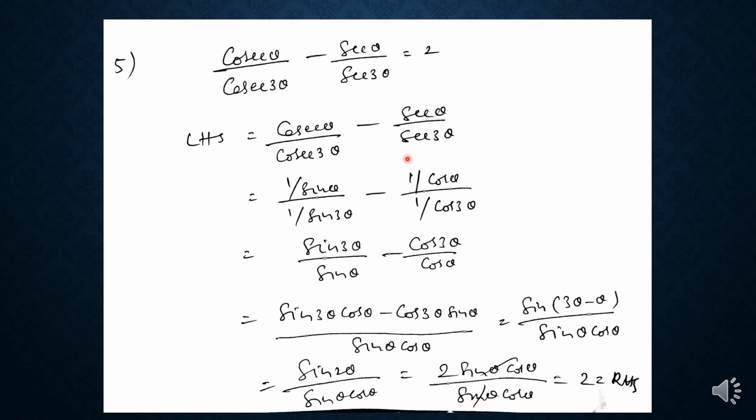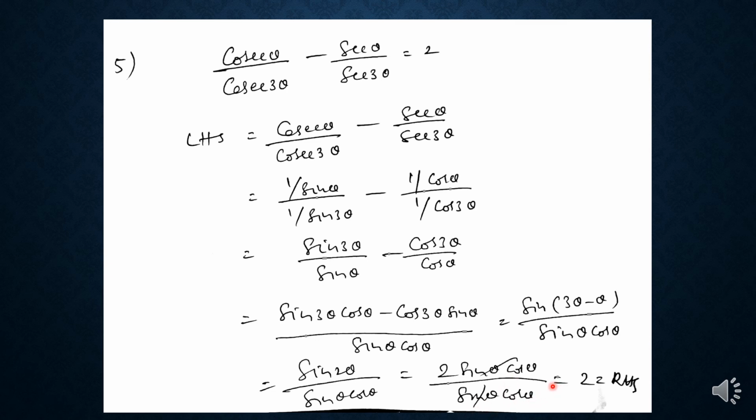the LCM is sin theta into cos theta, that is sin 3 theta into cos theta minus cos 3 theta into sin theta. This is in the form of sin A into cos B minus cos A into sin B, which is equal to sin of A minus B. Sin of 3 theta minus theta by sin theta into cos theta, that is sin 2 theta by sin theta into cos theta. What is sin 2 theta? 2 sin theta into cos theta by sin theta into cos theta. So sin theta cos theta gets cancelled,